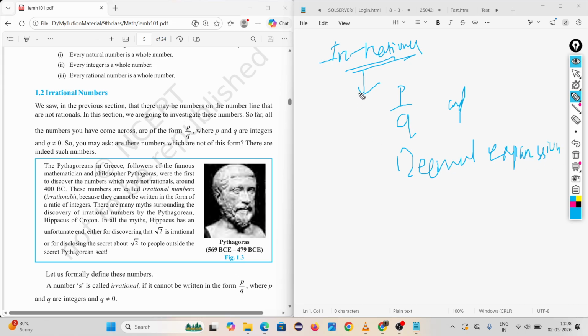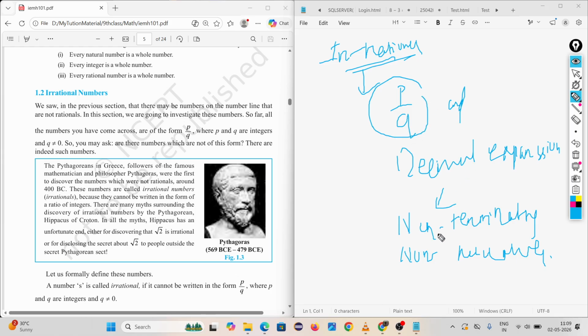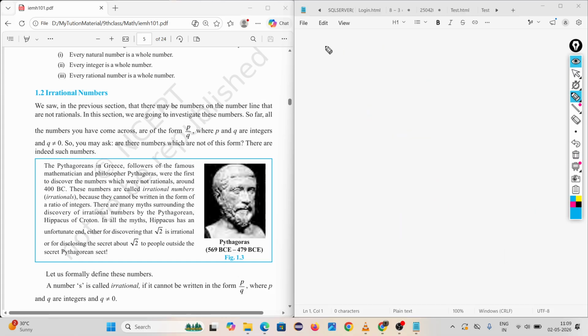Particularly, the decimal expansion of irrational numbers is non-terminating, non-recurring. That is the definition of an irrational number: any number that cannot be written in the form of p upon q and whose decimal expansion is non-terminating, non-recurring. Okay. Then we have discussed some examples, and at that time I told you the number inside the square root